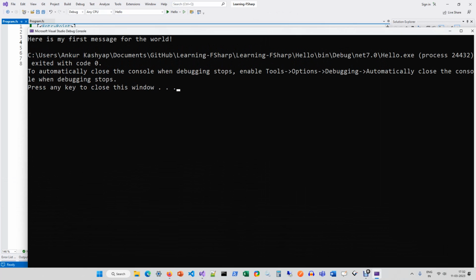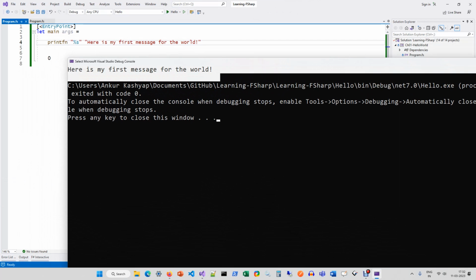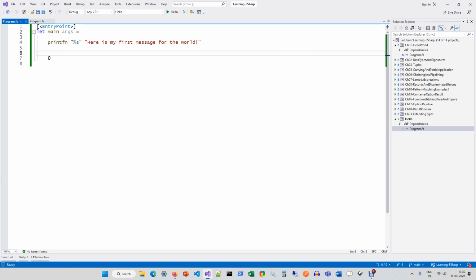And here you can see, here's my first message. In the blog, I've shown another example. This is the F sharp way of printing. You can also use the C sharp way, because the C sharp way is based on the .NET library, the system.console class. The entire .NET library is accessible within F sharp, so you can say system.console.writeline,